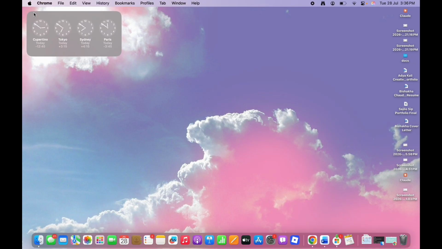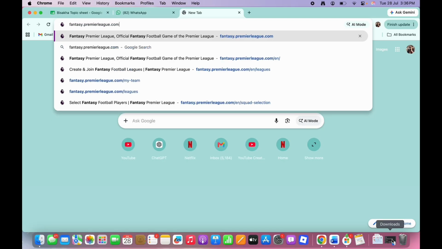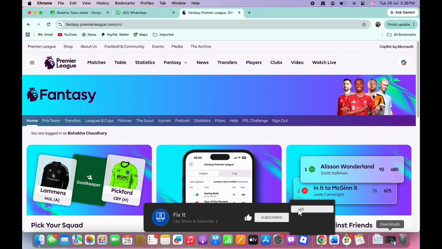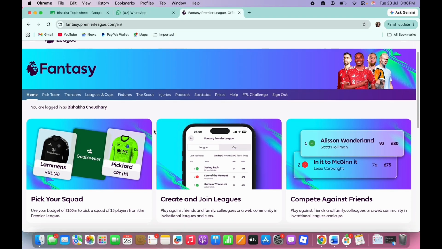Now let's get right into the tutorial. Firstly, go ahead and open your preferred browser and then in the search bar search for fantasy.premierleague.com. Here, make sure that you are signed in, and now, in order to change your team name, tap on